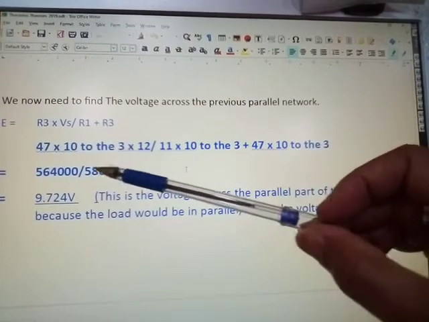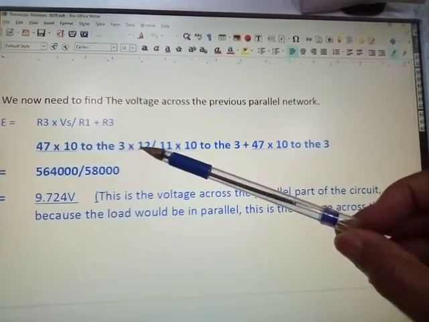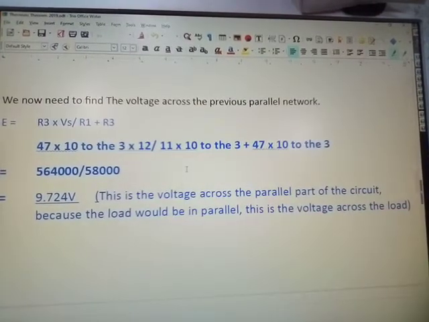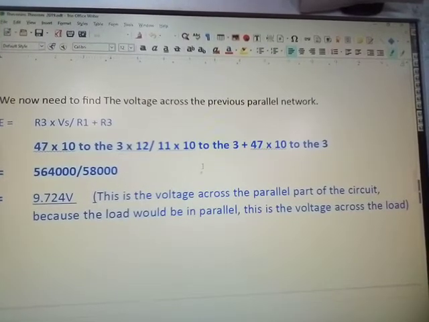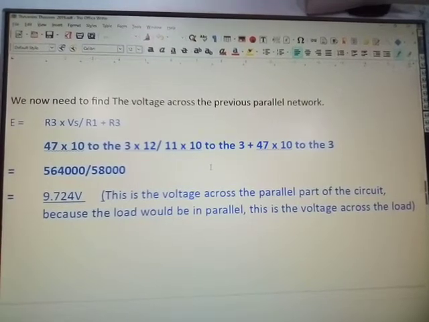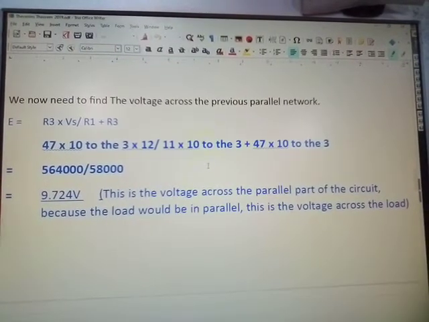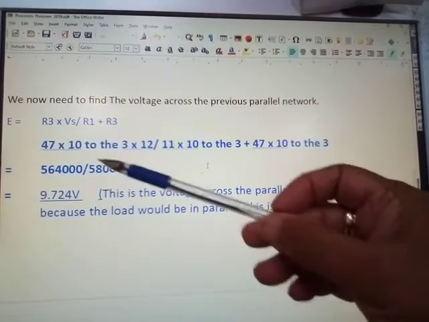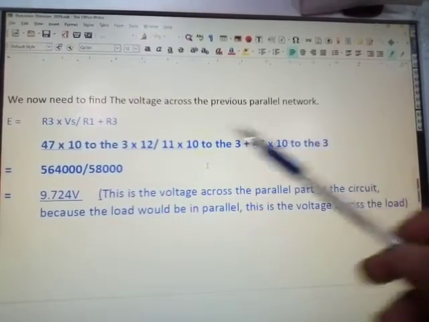Now again here, I believe 12 is the supply voltage that we apply to the circuit. But I'm a little surprised that I didn't actually put this in earlier. My apologies. But you can see that when you have put this into your calculator, it should come out